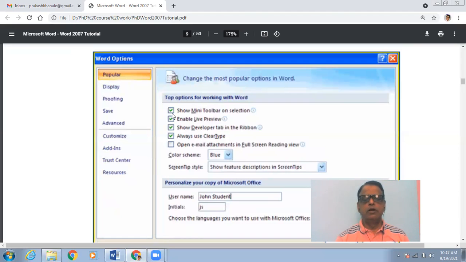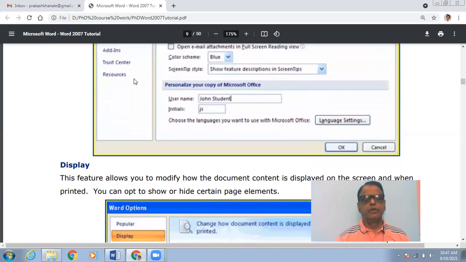If you click on it again, it will be off. In this way, you can also set the color scheme of your Word environment. Whatever is suitable, you can enter the username and the initials. All such things can be easily set by using this first option of the Word environment.